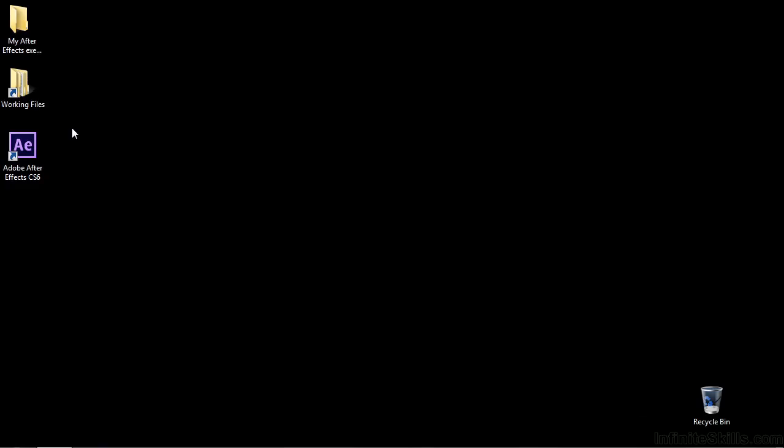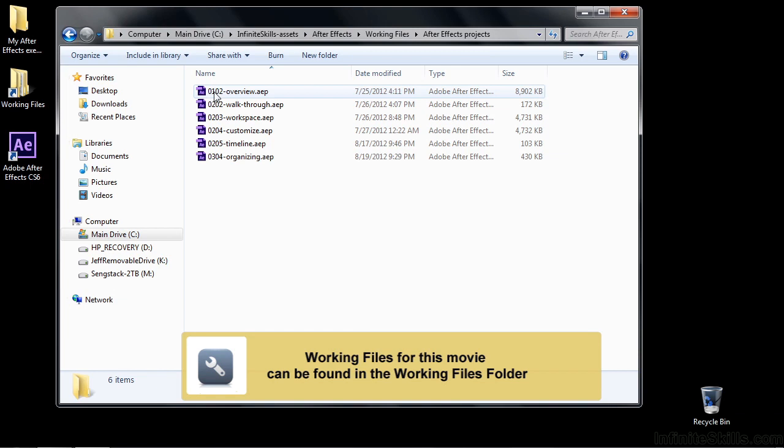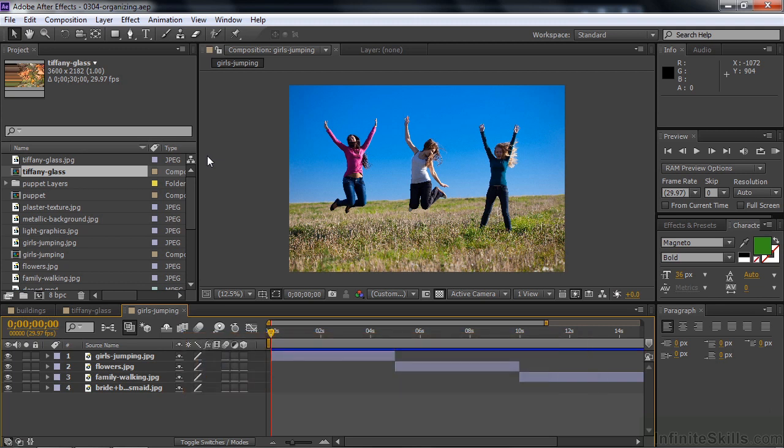As your projects get larger, you're probably going to want to organize your assets in the project panels. Let me show you how to do that. Go to Working Files, go to After Effects Projects, and double-click on 0304 Organizing. This is a project with quite a few assets and a few comps, and I want to kind of get